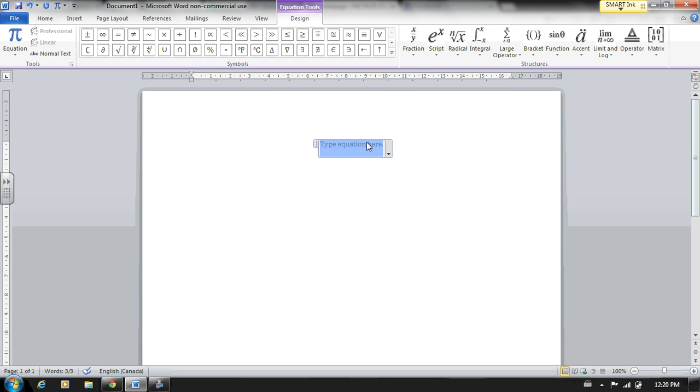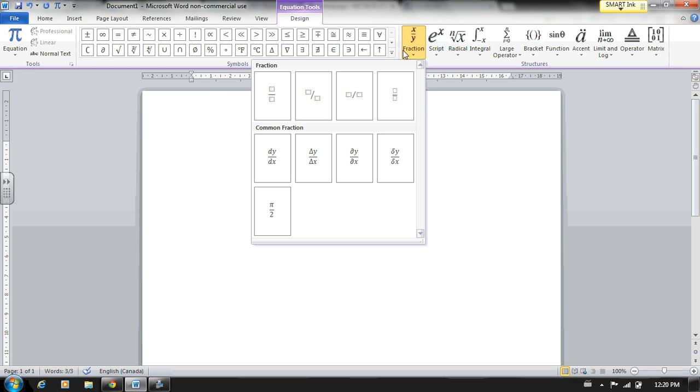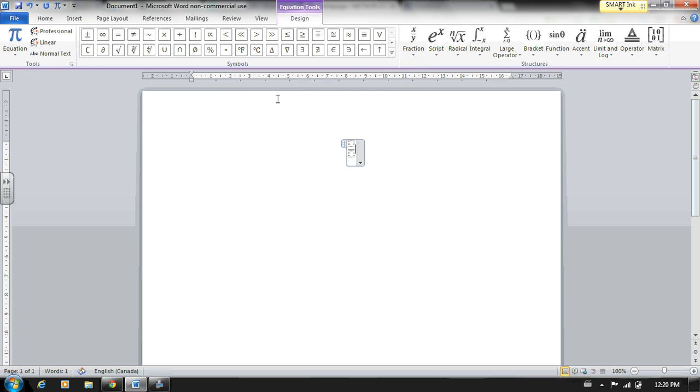So let's say I want to input an equation that has a fraction. So I have a fraction button, so once I click on that, you get some more choices. So I'm pretty much always going to pick this first one, so a stacked fraction. Then I'm going to use my cursors, or you could use your mouse. So I'm going to type in x minus 5 over 3 equals,